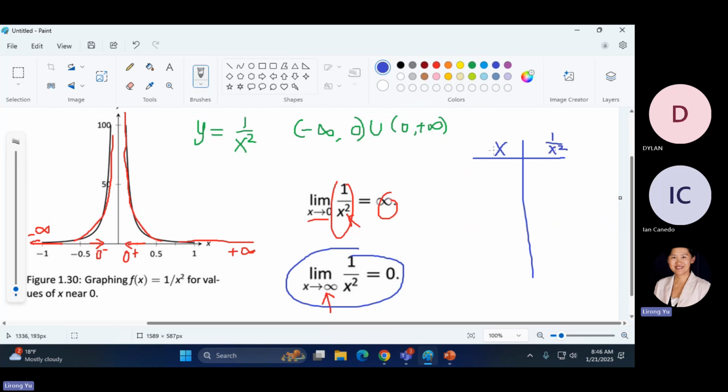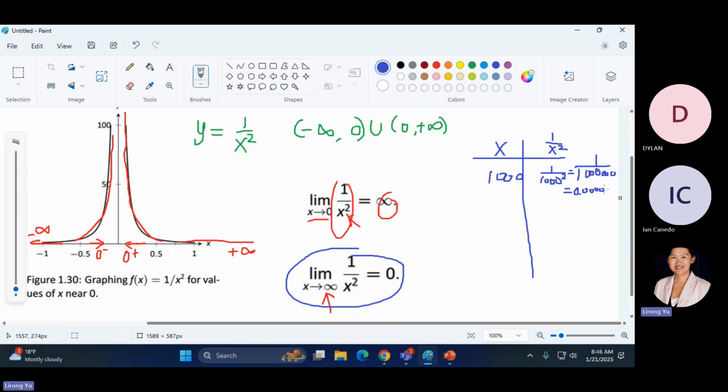For example, x equal to 1,000 is a large number. So this will be 1 over 1,000 squared, which essentially is a million. A million in the denominator. So 1 over a million, which then equals